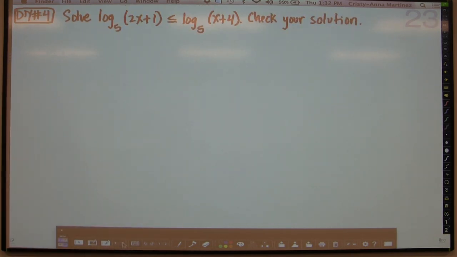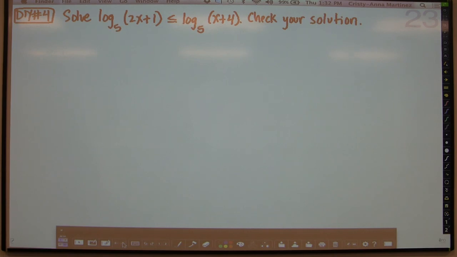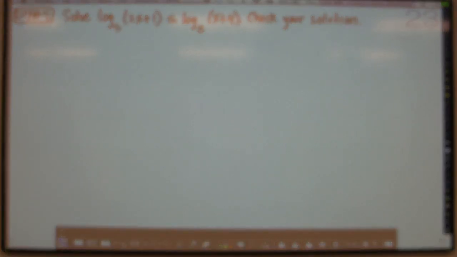Don't forget to check your solutions and to make sure that you also check for the domain of these two guys as well. Alrighty, and once you've completed that example, then you will have completed your notes for this lesson,